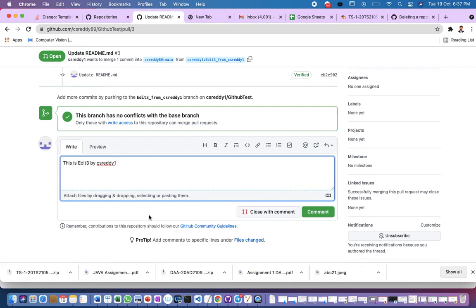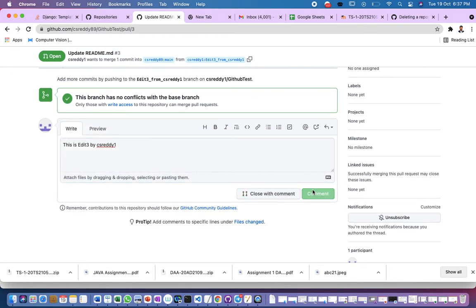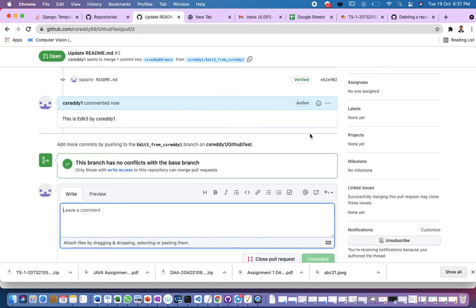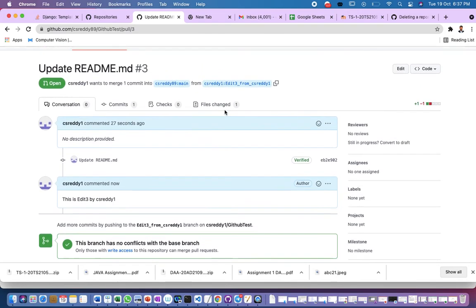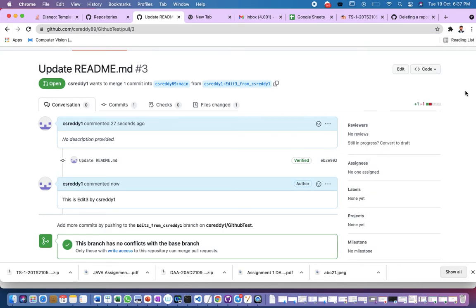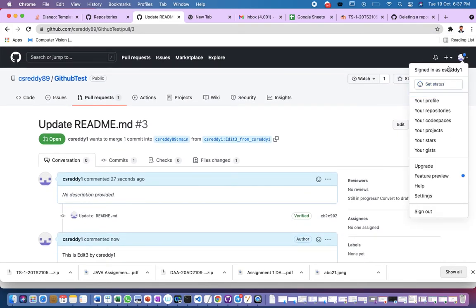You can always provide those, and you can also provide some comments. Now let us go back to our main account and merge it and make the changes reflected in the main branch. This is my CSReady1 account.